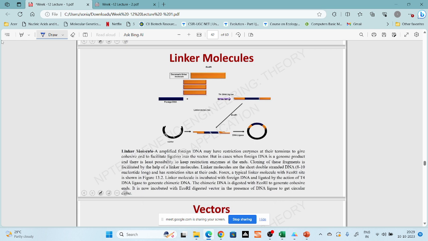That means if your restriction enzyme is producing blunt ends and not sticky ends, then those blunt ends can be converted to sticky ends with the help of linker molecules. Linker molecules also, adapters also, and homopolymer tailing also. Now we will come to